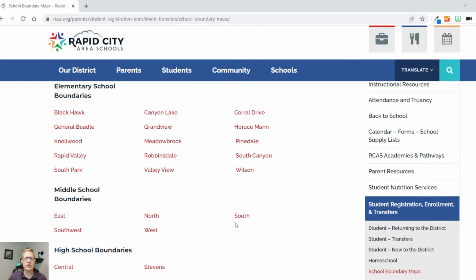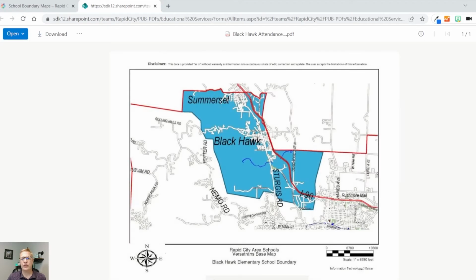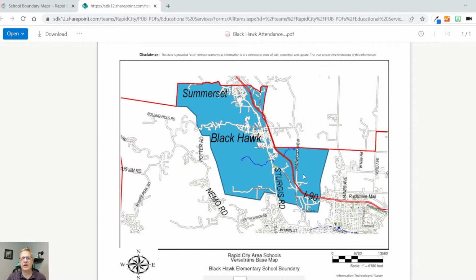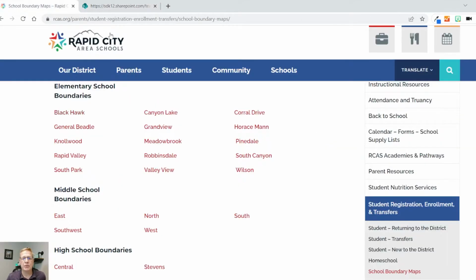If you click on each one, we'll get a PDF pulled up that shows the map of the area. Look up here at the disclaimer, a little caveat saying if things change, they're not responsible. So if anything's on the border, make sure you double check that the home is in the district or the schools that you want to attend. You can see all these different schools and check out their boundary maps right here.